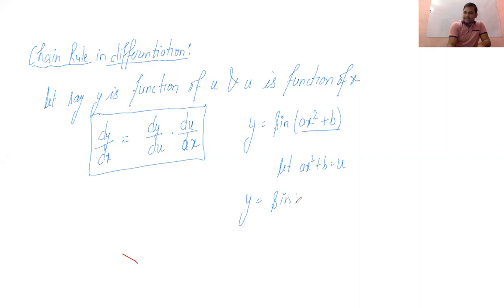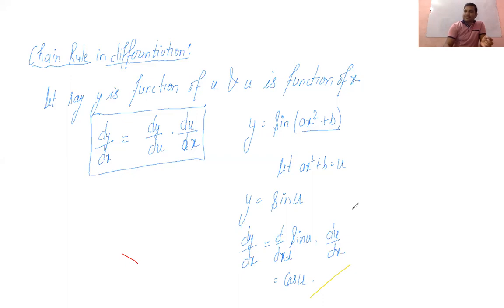Now this y is a function of u and u is a function of x. So while finding dy by dx, it will be d by du of sine u into du by dx. Once you differentiate sine u, you will get cos u,